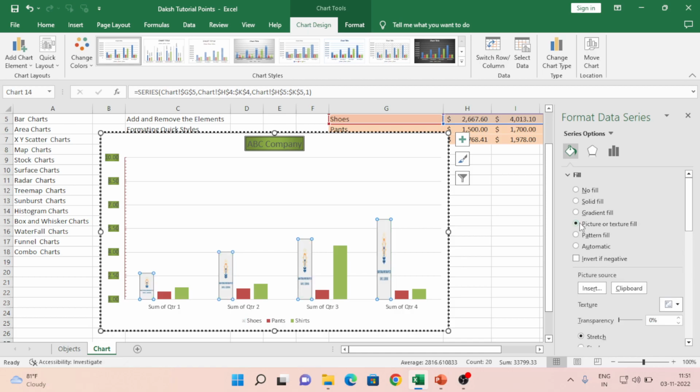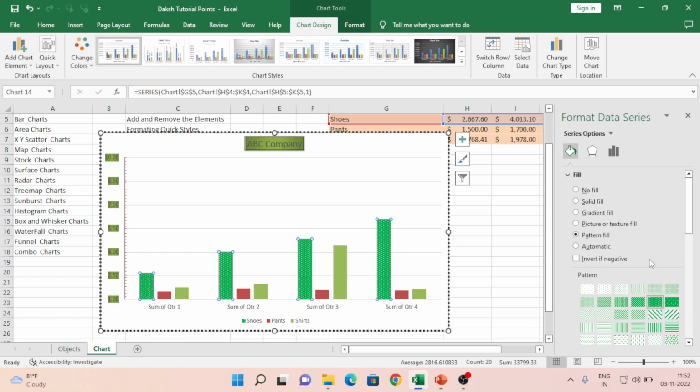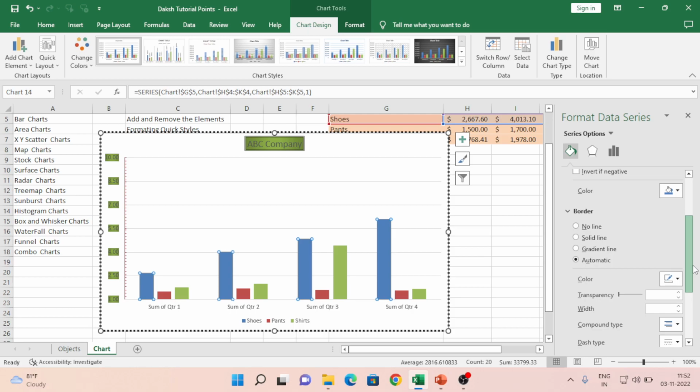Pictures, of any pictures we wanted to have, like you remember, last time we used, it is in the clipboard, it is coming. Anything else we can insert and we can apply that picture. Then pattern fill. If you want, you can have the pattern fill available. And automatic will be based on the chart's default setting. Now